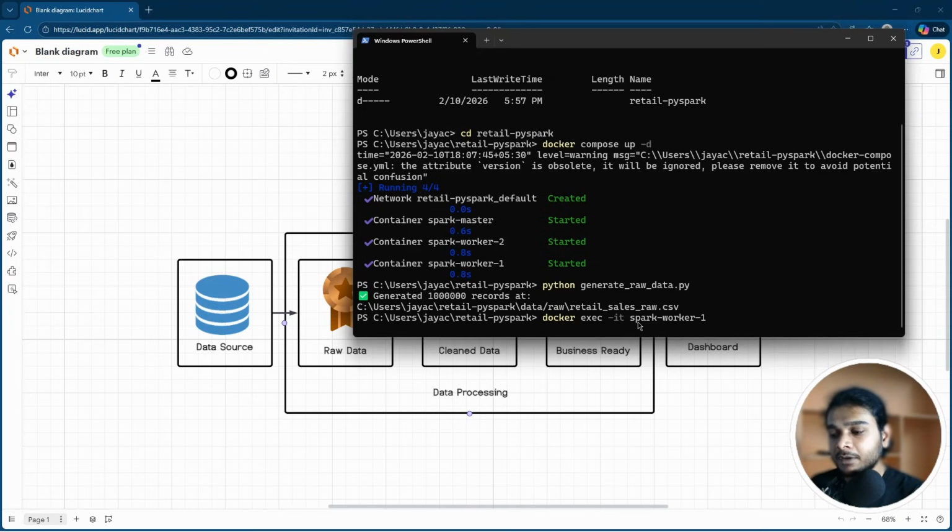So we say spark-worker-1 here, and then we use that bash file to open a PySpark session, and then